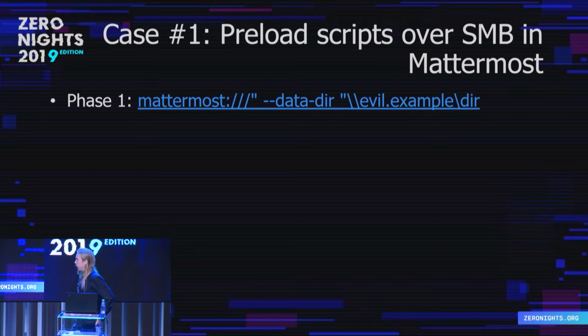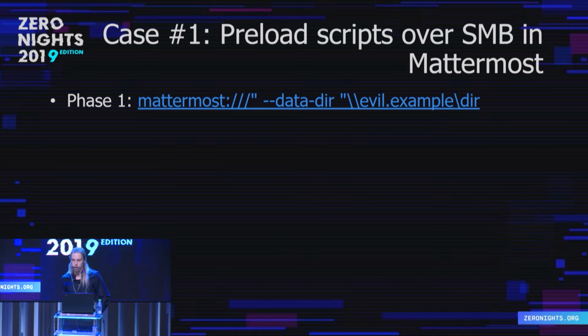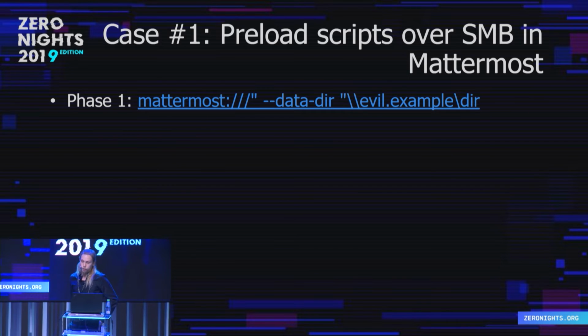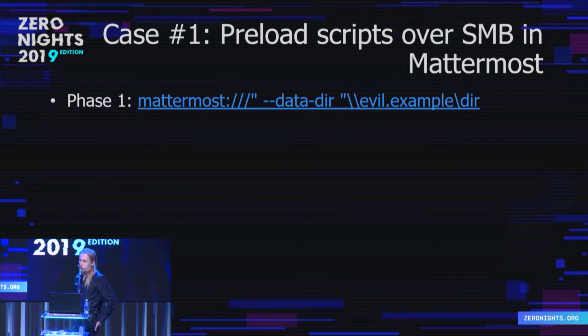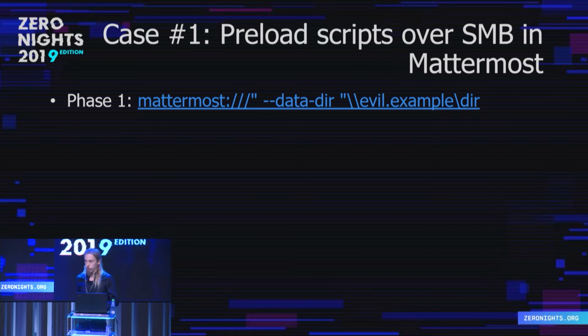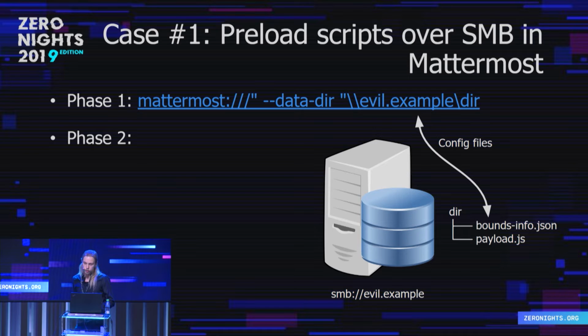So to put it all together, we start again with the crafted URI. The URI contains a double quote, a space, and then the injected command line switch, which is --data dir. But then the value of the switch refers to a UNC path on a remote server on an attacker-controlled SMB share. So when a user clicks on this link,